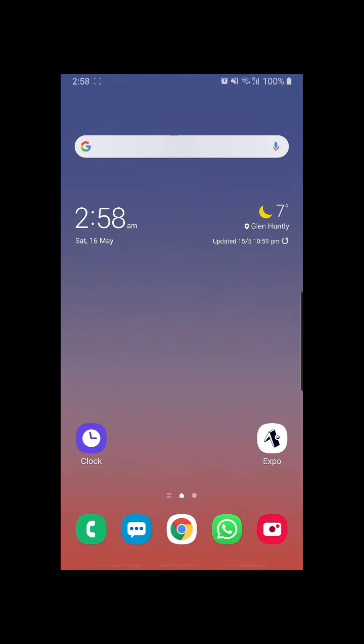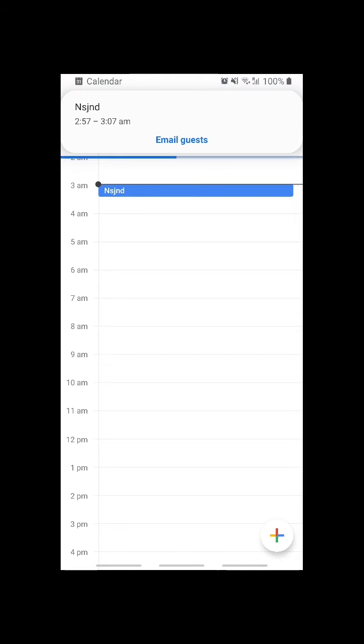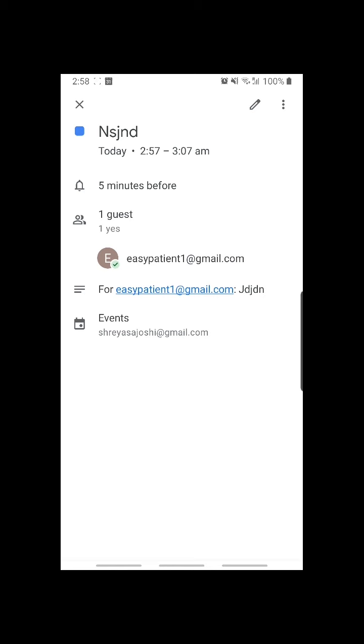If you go to their Google Calendar, it gets added to the Google Calendar as well, this one here. And as you can see, easy patient 1 is added as a guest.